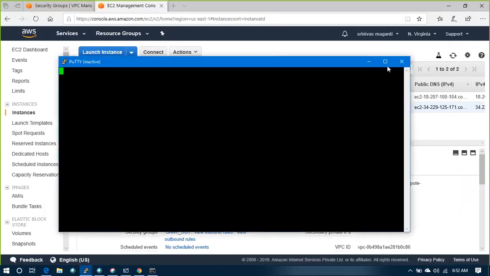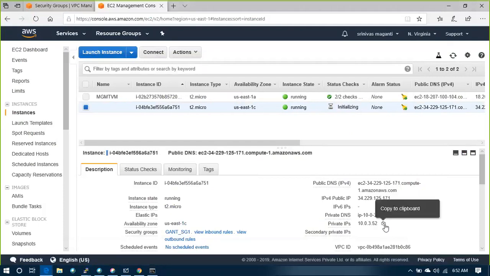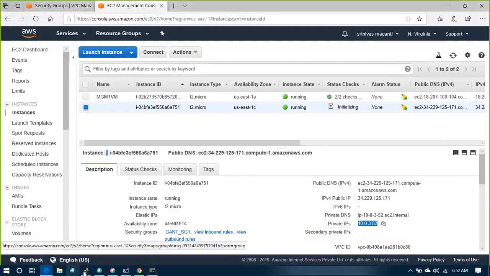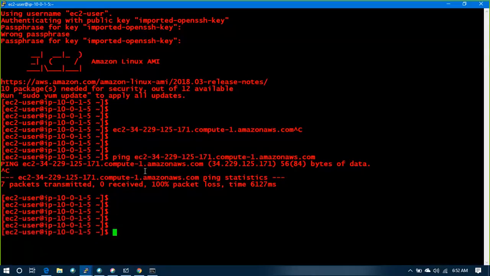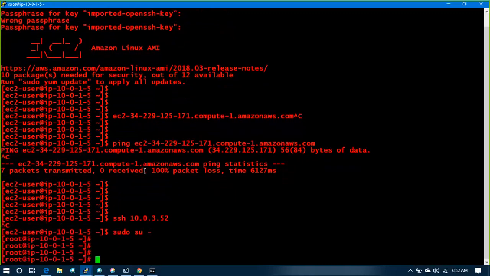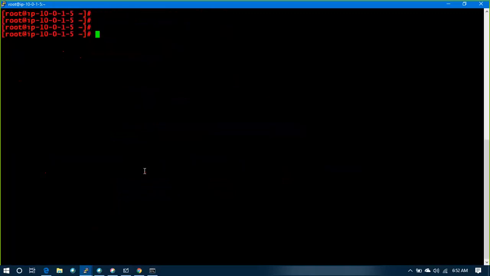I'll just close this out, and what I will do, I'll take a private IP, and before that I need to do something. So if I want to access this from here, SSH this machine, let me connect to sudo su hyphen. You are on root prompt now. Let's go.